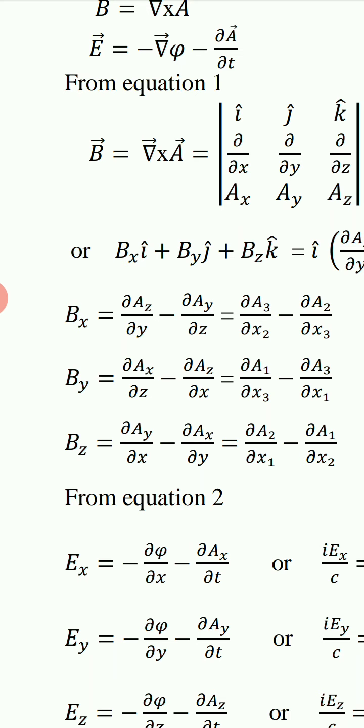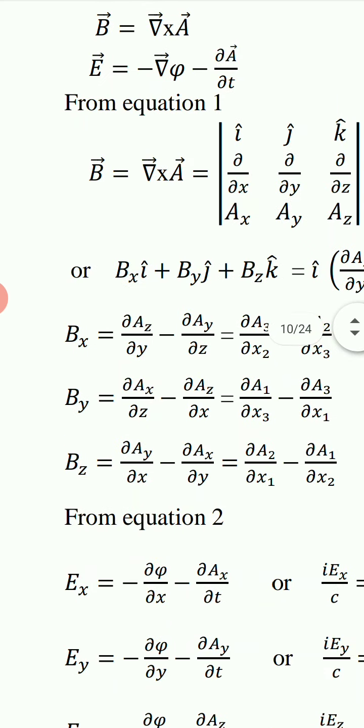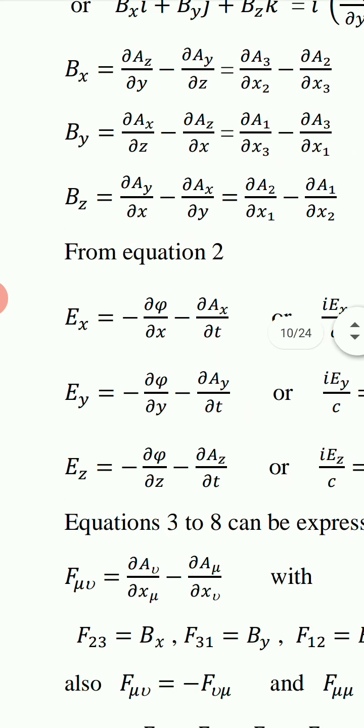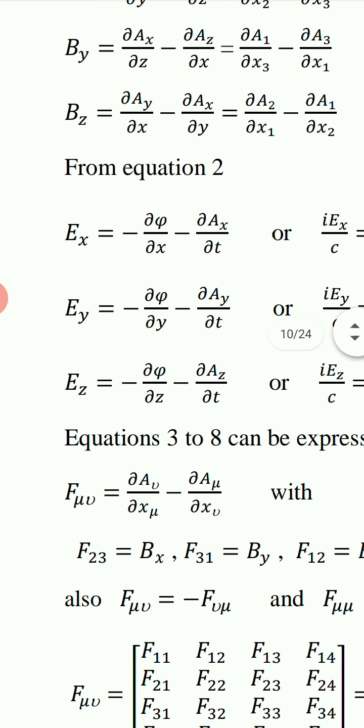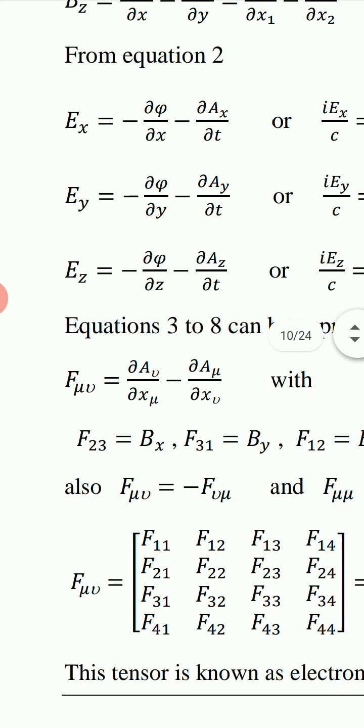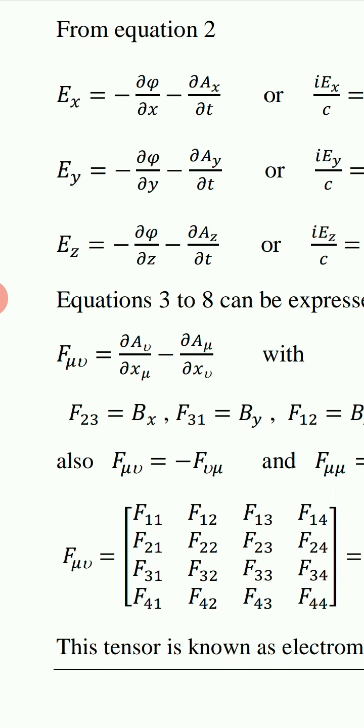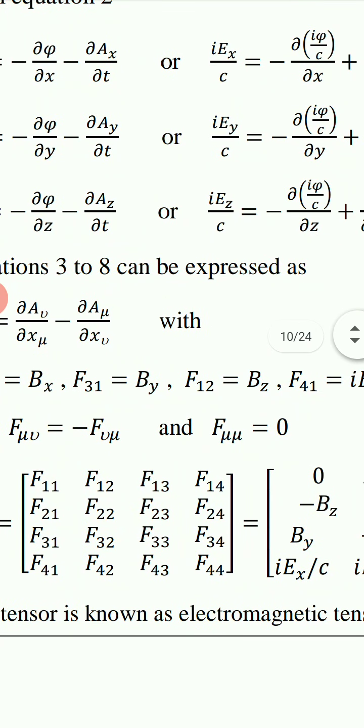Its first component, the x component of equation 2: the x component of E vector is Ex, the x component of del phi is delta phi upon delta x, and the x component of delta A upon delta t is delta Ax upon delta t. Similarly, we can write for Ey and Ez, and these three equations for Ex, Ey and Ez can be written as these three equations